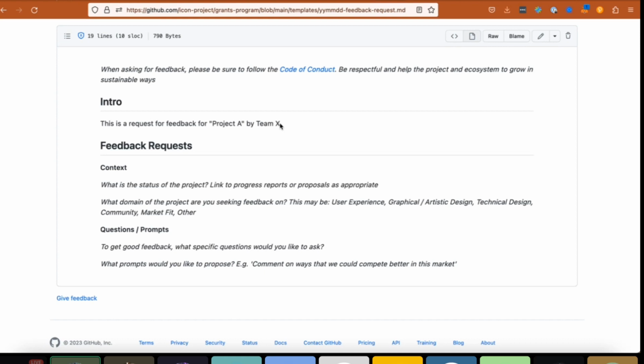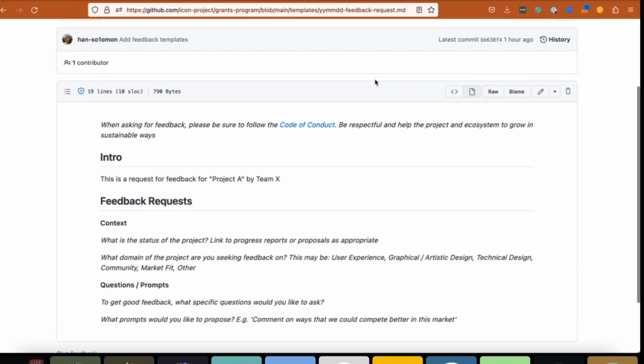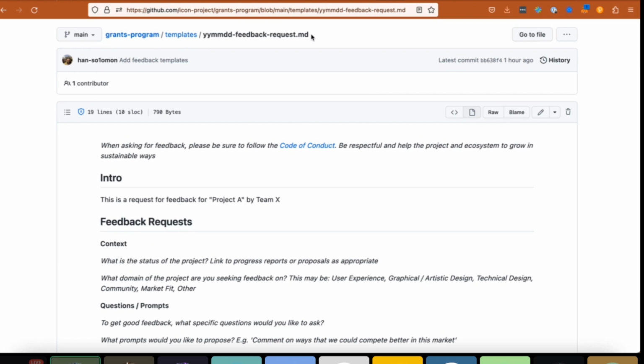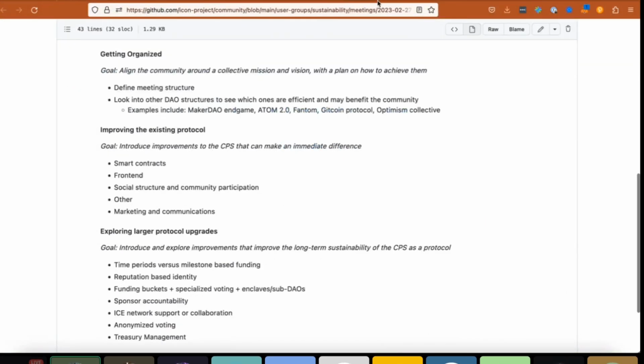And then also we can reflect on how funding got used and make better incentive and penalty systems based off of that. So I'll be sharing these and then hopefully introducing these two options in the next meeting: teams that can request and users that can give feedback. Maybe we'll reach out to some groups to try it out. So that is the first bit about defining the meeting structure. And the second part of the meeting would be just an open discussion. So there will be a focus group element and then an open discussion.